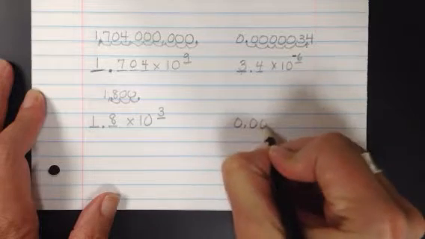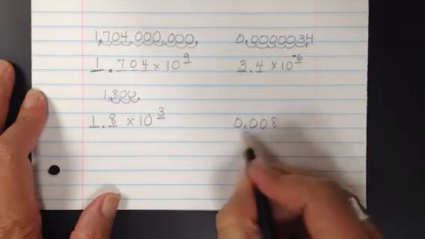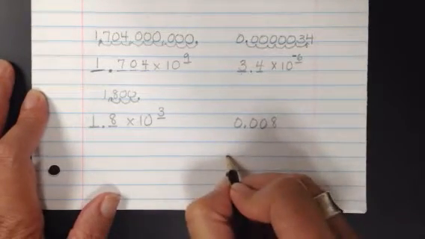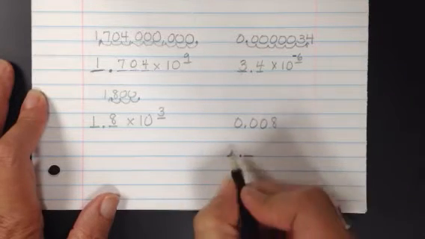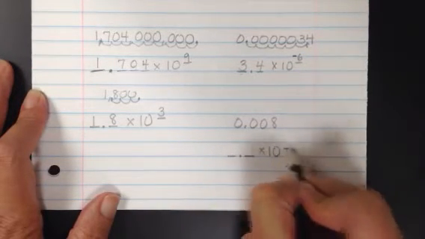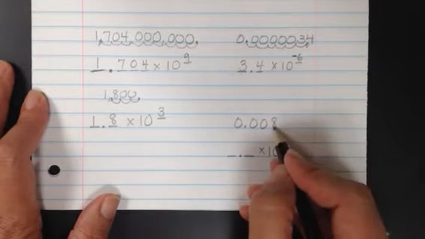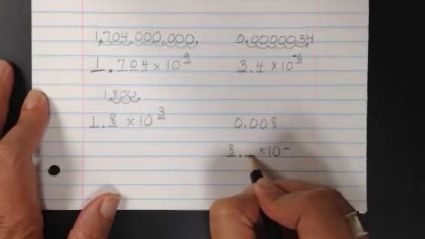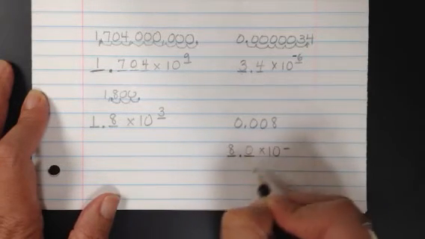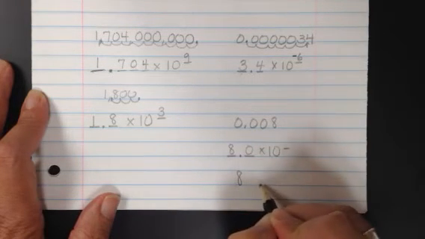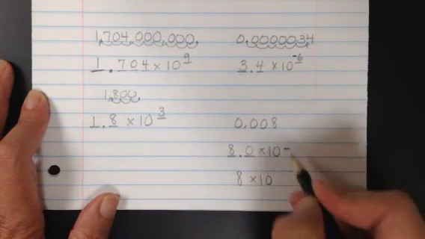I'm going to do one more of those so that you can see that. If this were the case, again, my decimal, this is the format. I can't change the format. The 8 goes in the first one. So right here, I can put a 0, or honestly, this could just be 8. And then I'm going